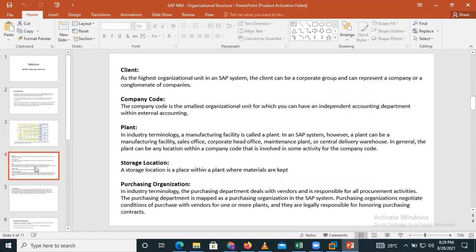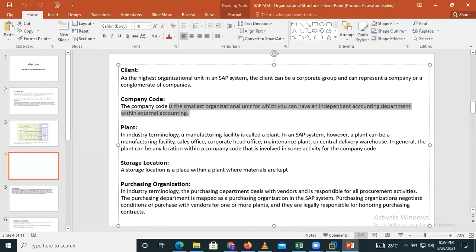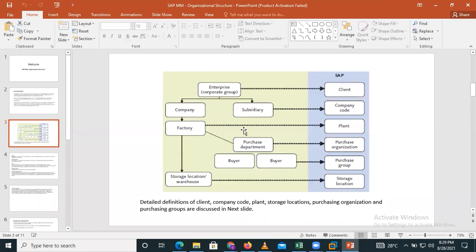Now, coming to company code, let us see the theoretical description. The company code is the smallest organization unit for which we have an independent accounting department within external accounting. In simple words, wherever I want to see a separate balance sheet, that will be my company code. If Tata Motors is one group, and I want a separate balance sheet for Tata Motors India, Tata Motors Japan, and Tata Motors Europe,